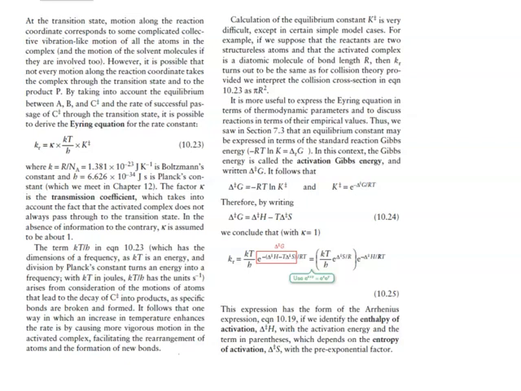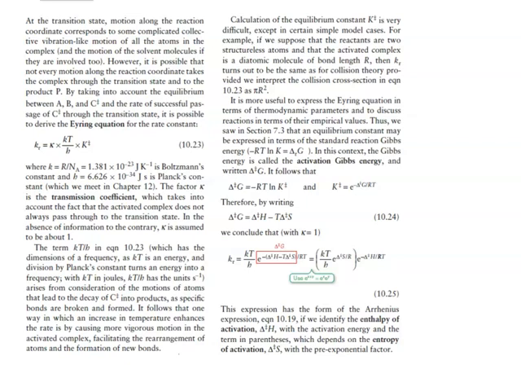So at the transition state, motion along the reaction coordinate corresponds to some complicated collective vibration-like motion of all the atoms in the complex and the motion of the solvent molecules if they're involved too. However, it's possible that not every motion along the reaction coordinate takes the complex through the transition state and to the product P. By taking into account the equilibrium between AB and the transition state C and the rate of successive passage of C through the transition state, it's possible to